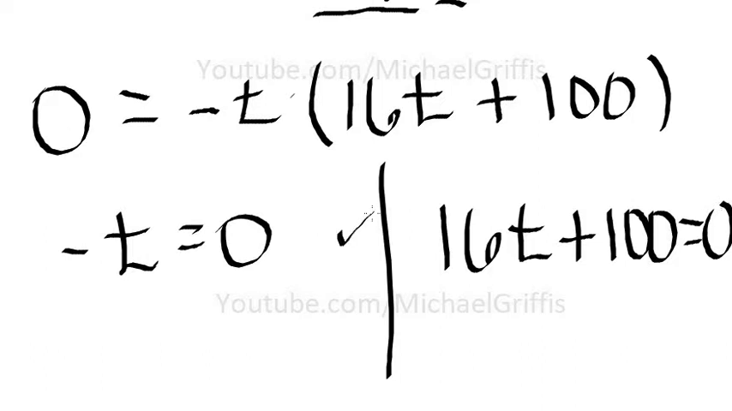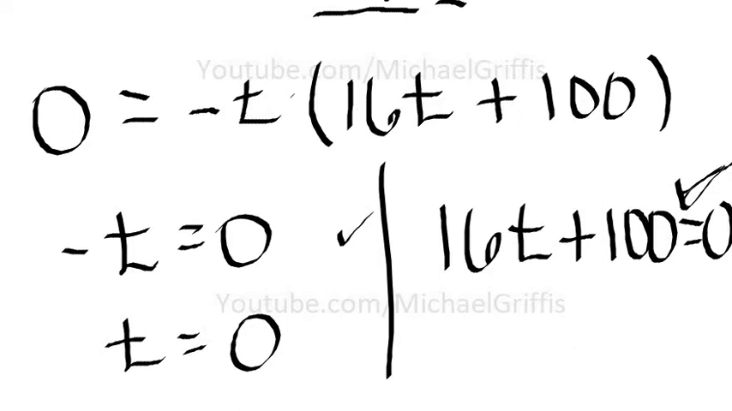So in this one here, this is easy. Just multiply both sides by -1. You get t is equal to 0. Well, I said that, right? When the height is 0, well, one of them for sure is t is 0. Okay. Now this one over here on the right-hand side,